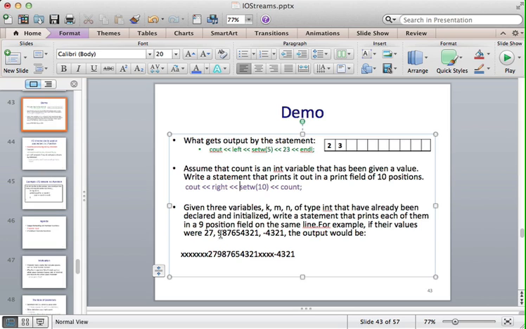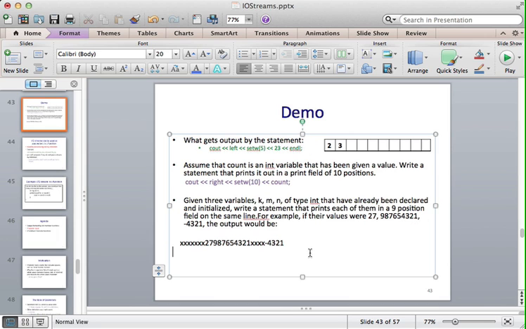So if I had 27, this huge number, and minus 4321, 27 would get printed with 7 leading spaces. Notice that 987654321 gets printed and takes up the entire field, and then minus 4321 takes up 5 spaces, so there are 4 leading blanks. And my statement for doing that is going to be